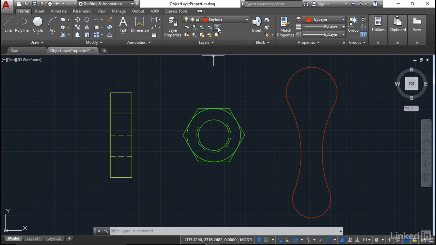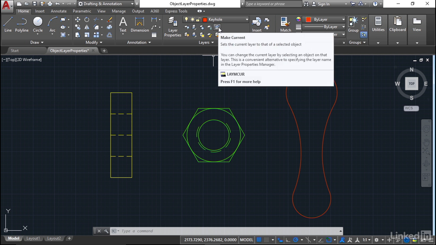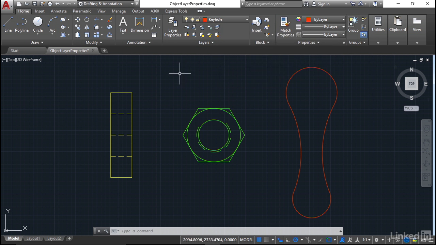So I've got this one here, which is fantastically useful. It sets the current layer to that of a selected object. So if I just move away from that for a moment, you'll notice that the current drafting layer at the moment on the layers panel is keyhole. If I now click on that command there, and I click on the hinge, watch what happens to the current layer. It changes to hinge,